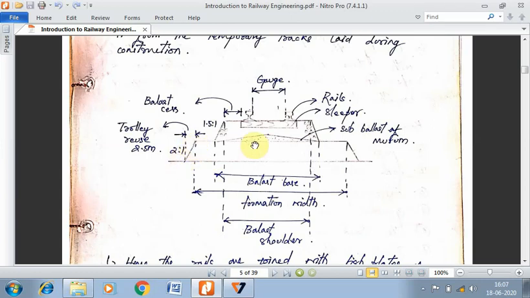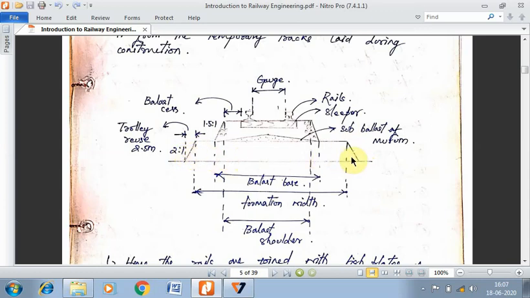Obviously it would be in the form of a trapezoidal section with a certain side slope of this embankment structure. It can be an embankment in places, or just a formation in the form of a trapezoidal section. So this is the formation. It will have the formation width shown as the top width of the trapezoidal section, and similarly a distinctive bottom width. Normally the slope that we provide for the formation is 2 is to 1 as per the standards.